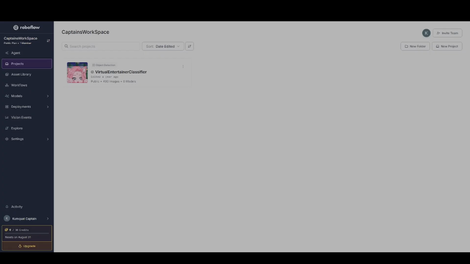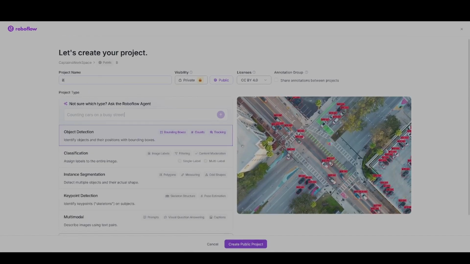Something to keep in mind about manually annotating a set is that it is an extremely tedious task. There are automated tools that you can use to make this process easier, but garbage in, garbage out. Feeding AI output into AI training data is kind of like how printing a copy of a copy results in a gradually worse image. So we're going to create a new project, name it Bananas,